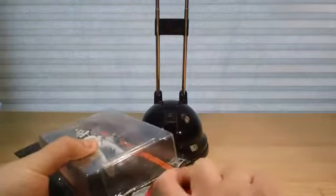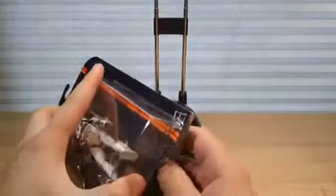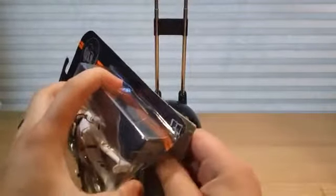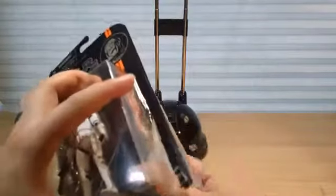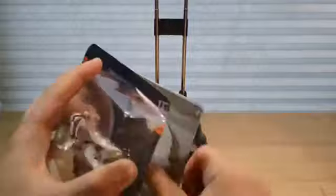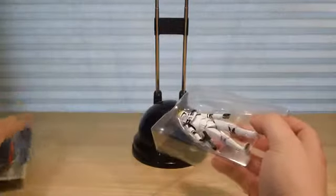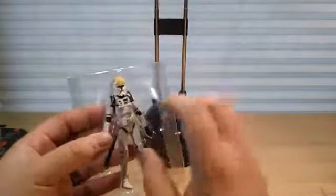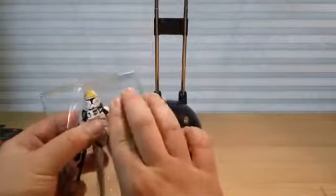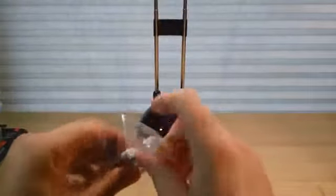And if I'm not mistaken, Hasbro is releasing a brand new, bigger, badder version of the Republic gunship, and I think you'll be able to attach those big plastic ball turrets, the bubble guns that they released like a year or two ago, to the side of the gunships and actually fit figures in there, because previous versions of the Republic gunship could not fit figures. So here's the Clone Pilot,